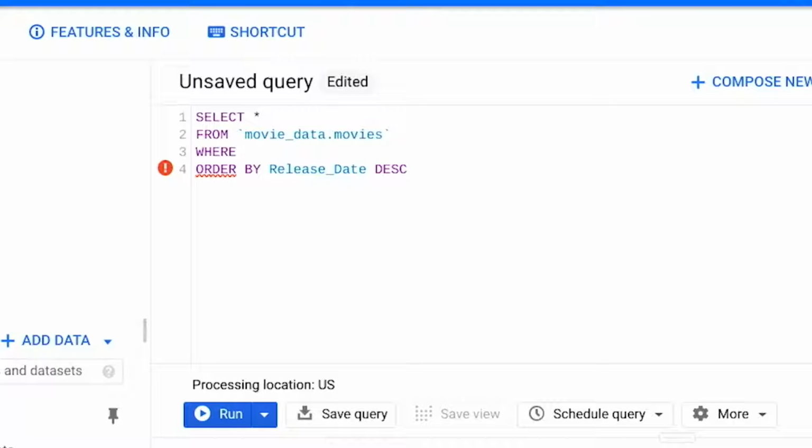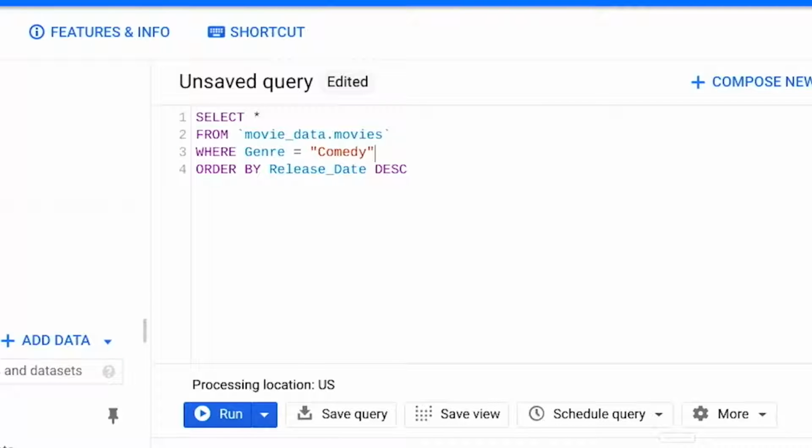Here's what we've got so far. From there, we want to type the column we're filtering for. In this case, we want to filter the database for comedies. So after the where clause, we'll type the column list name as genre. Now we'll add an equal sign after genre because we only want to include genres that match what we're filtering for. In this case, we're filtering for comedy, so we'll type comedy between two apostrophes.